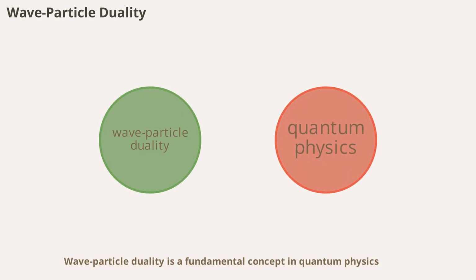subatomic systems. Wave-particle duality is a fundamental concept in quantum physics, stating that particles like electrons exhibit both wave-like and particle-like properties. This duality was first proposed by de Broglie and confirmed by experiments such as electron diffraction. Wave-particle duality is essential for understanding atomic structure, chemical bonding, and the behavior of light and matter at the quantum